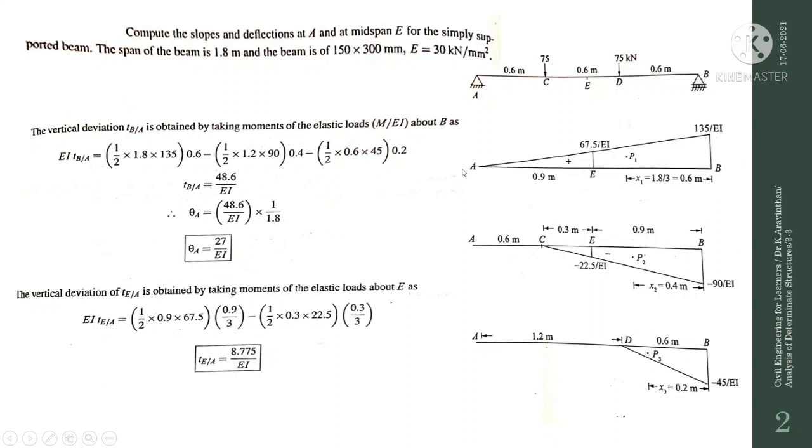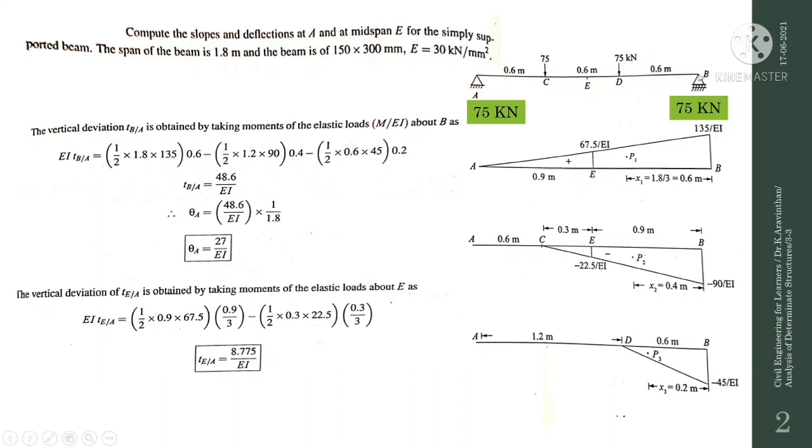If you want to find that, you have to draw the bending moment diagram. For drawing the bending moment diagram, we only have two loads here. You have to find the reactions, that is RA and RB. If you cut this beam into two halves, the beam is symmetrical. Hence due to symmetry, the reactions will be the same, and RA will be 75 and RB will be 75.